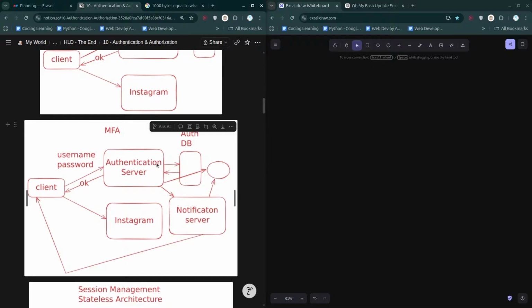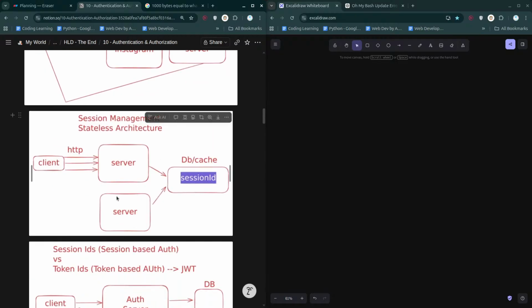So we made a request to the authentication server, which sent a request to the notification server. The notification server used its own things. In the notification server you have Kafka, queues, publishers, ultimately subscribers, and particular services that are used for sending the request. Ultimately you are going to send the notification, and then you are going to validate.